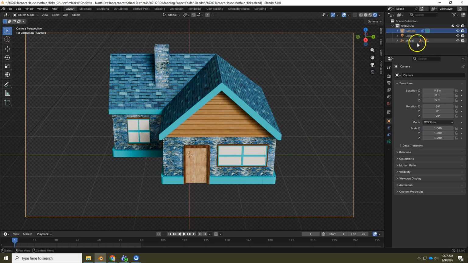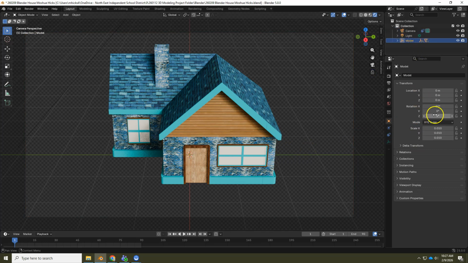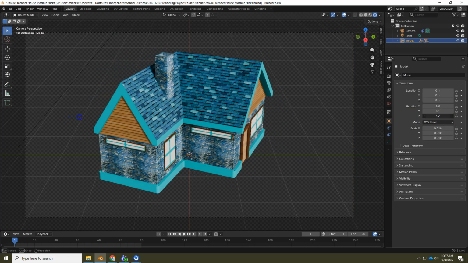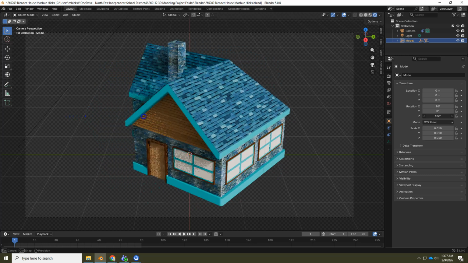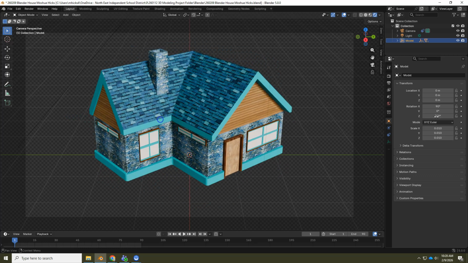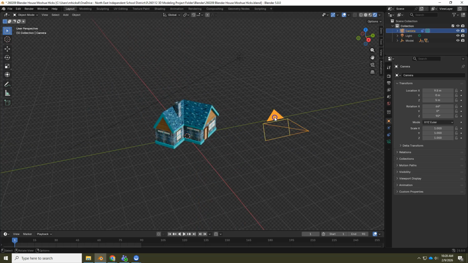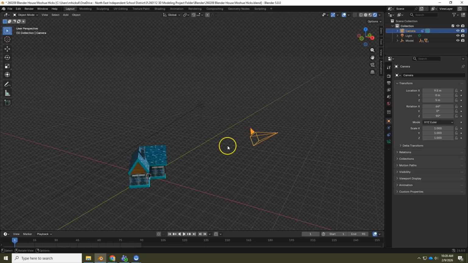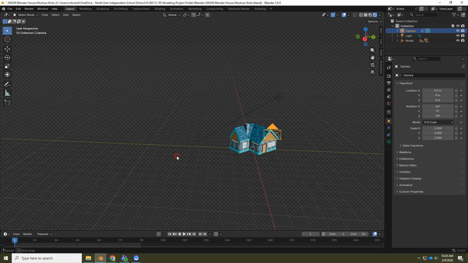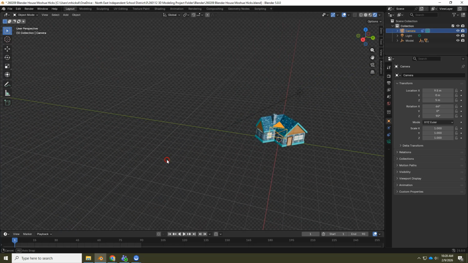Now we're going to be spinning the house around, so we're going to have the model at 0 rotation. So we're going to be rotating it around so we can see every angle on the house. And by turning that off, I can actually get out of here and look at the camera, and you can see how it's pointed right at the house. That's not the only angle that will work, but it's a good general one so that everybody's house doesn't get